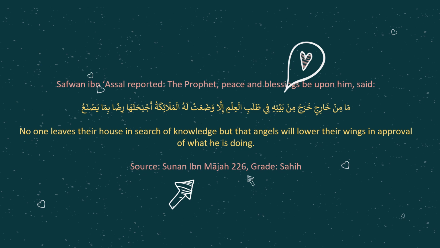Safwan ibn Asar reported the Prophet ﷺ said, "No one leaves their house in search of knowledge, but that angels will lower their wings in approval of what he is doing." Source: Sunan Ibn Majah. Okay, so being students of knowledge, you should always imagine that the moment you come